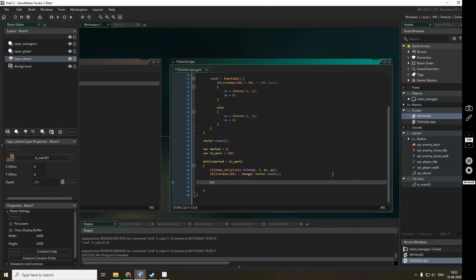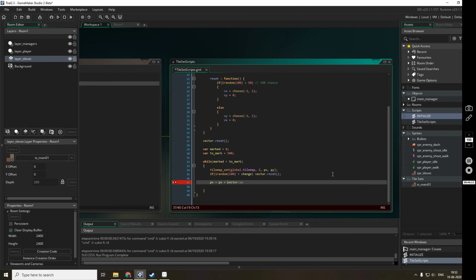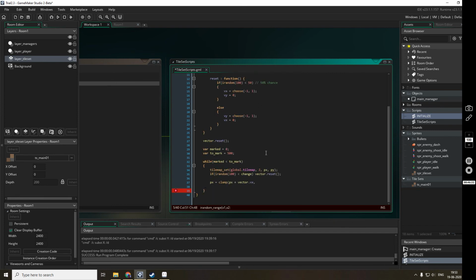Yeah, so now px is equal to px plus vector dot vx. But I have to clamp it within this range, because we still don't have to touch the walls.